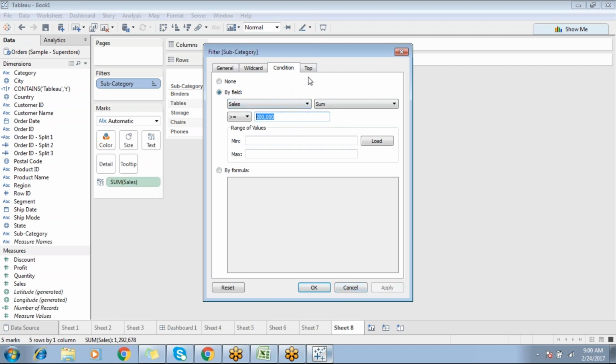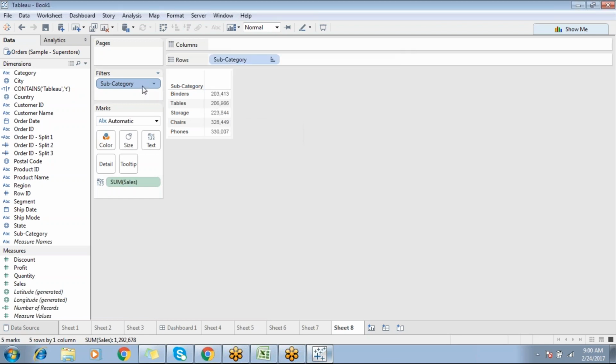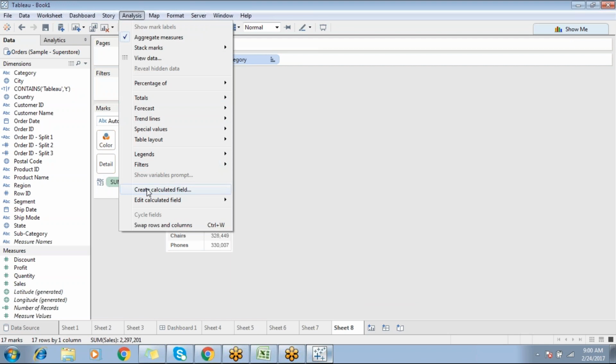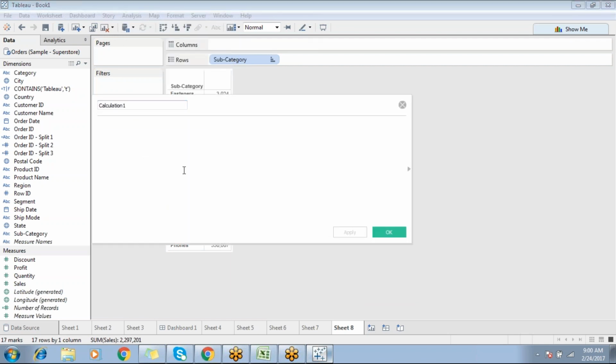So I'm going to showcase top. I'm going to apply rank. It's not an issue. Simple. But the condition is sum of sales greater than 2 lakhs or 10 lakhs or whatever the highest sales. We can apply rank. Let's drop. We have a simple function. You can also go with rank. Analysis. Create a calculated field. Rank of